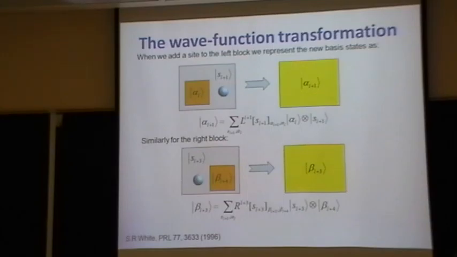Now there is another step that's still introduced, which is called the wave function transformation. It's very useful to speed up the simulations, but it's also crucial for time evolution. And we need to understand how it works. So when we grow a block by adding, say, a spin to the orange block to build our new larger block, we are basically doing a